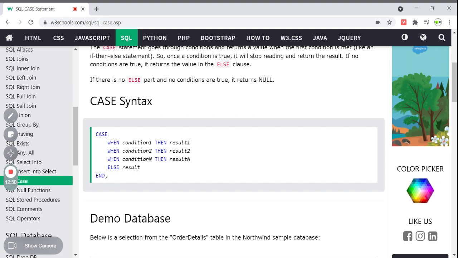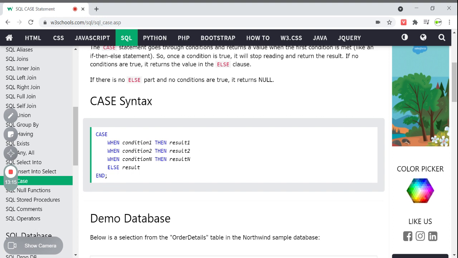And the next, the case is for checking many more conditions. And next we have an else part which has a result. If none of the conditions is true, then it comes to the else part and returns the result. If the else part also has no condition that is true, then it returns a null value from this case.